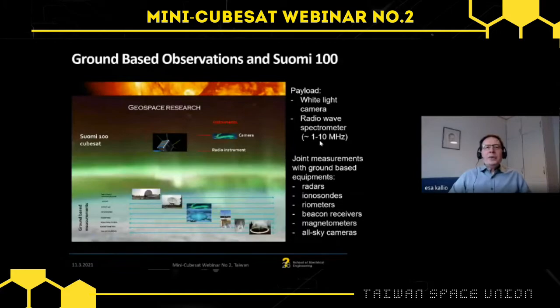But what we are actually interested in is to really make joint measurements, to really make active measurements. As I mentioned, we have many instruments in Finland and in Scandinavia. I already mentioned IceCat. So we have radars. We are now building IceCat 3D in Scandinavia, more sophisticated radars. And as I mentioned, we have all-sky cameras, magnetometers and ionosondes. Especially interesting are those radars,